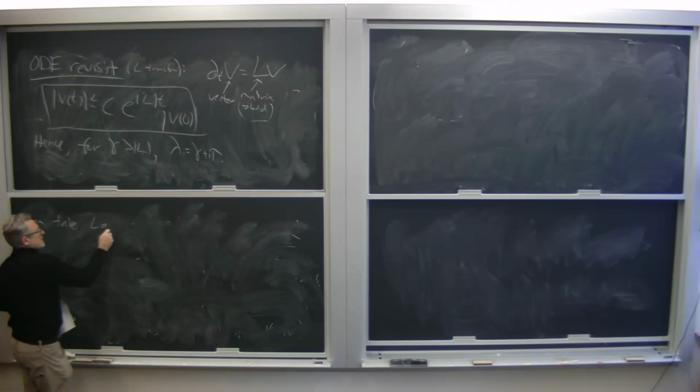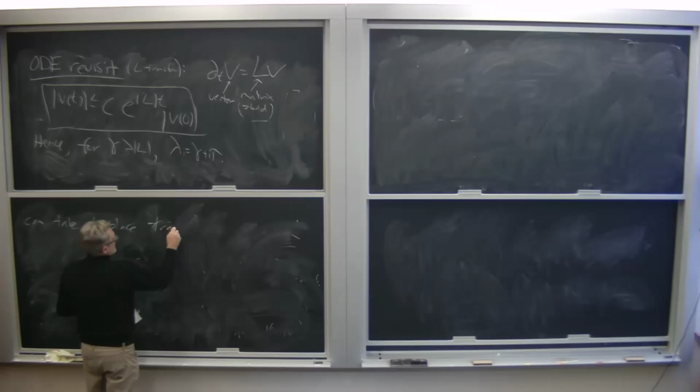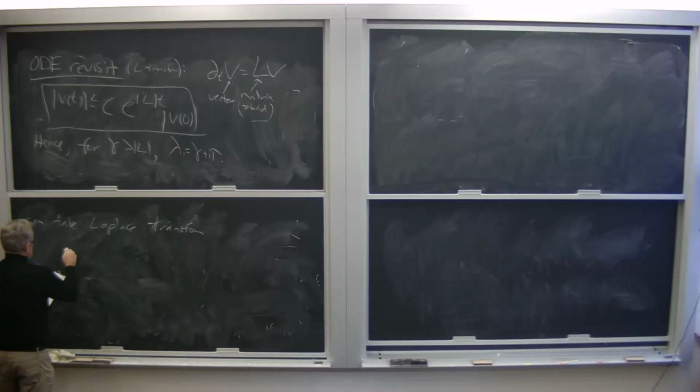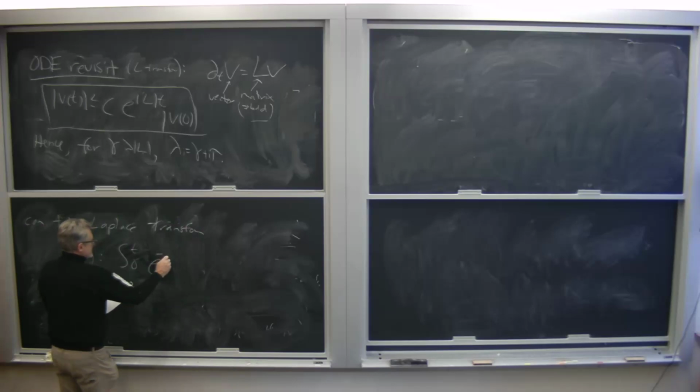I'm just going to denote it by a check, v check of lambda, instead of the hat for the Fourier transform. And this is the integral from 0 to infinity of e to the minus lambda t,